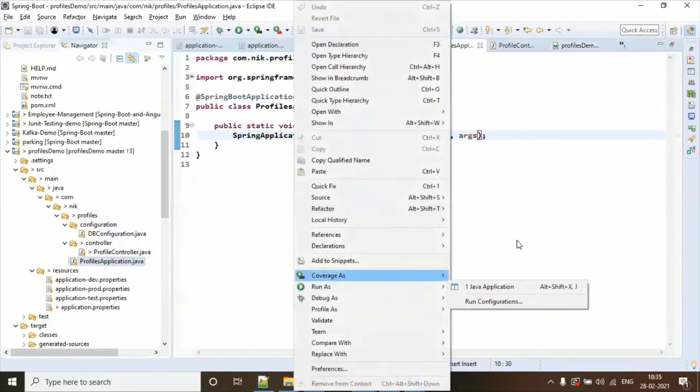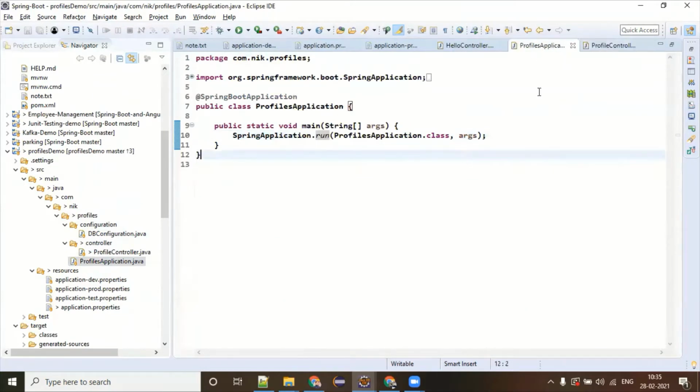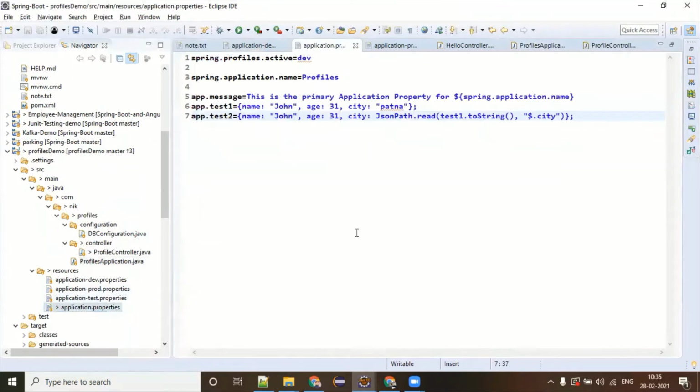Yeah, I have a question here. Yeah, please. In application.properties, you are setting the profile which it has to load, right? Right. So when we give dev here, how will the system know that it should load application-dev.properties only? The application naming convention is the same.